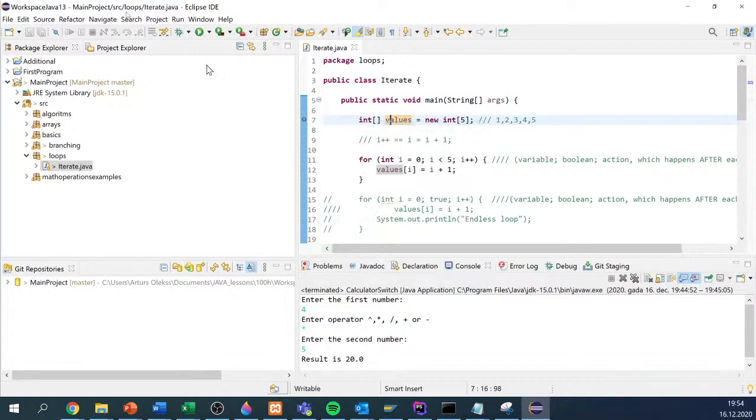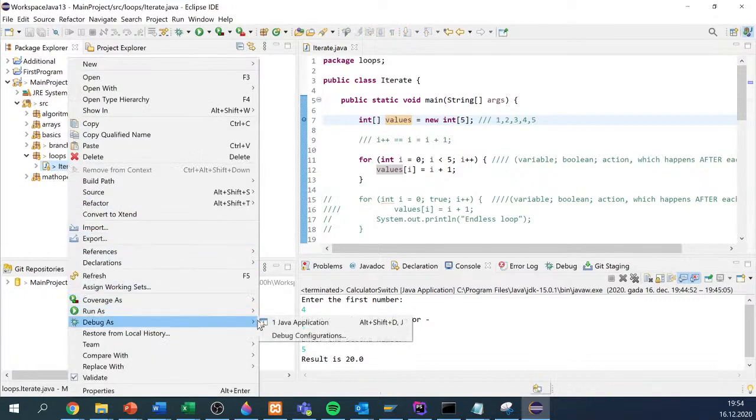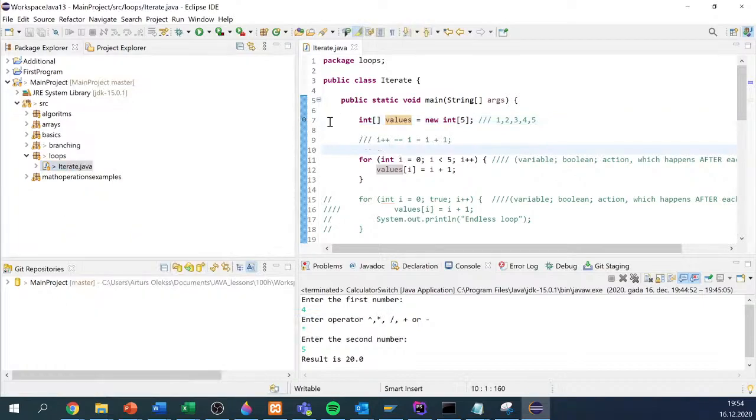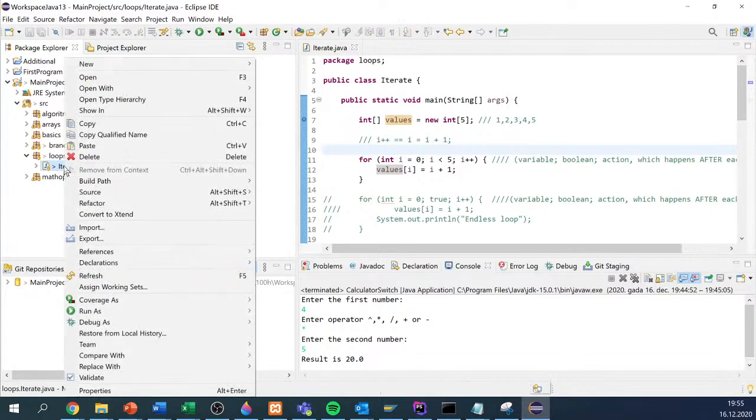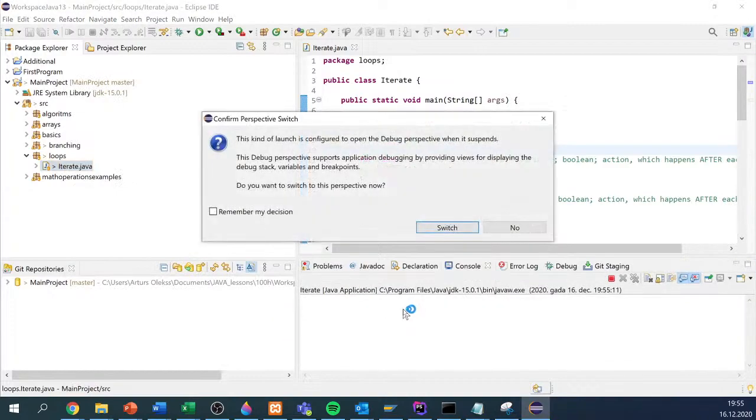So we set the breakpoint. It means that this is the place where the debugger will stop. So now we can use the option debug as. We select this option, and